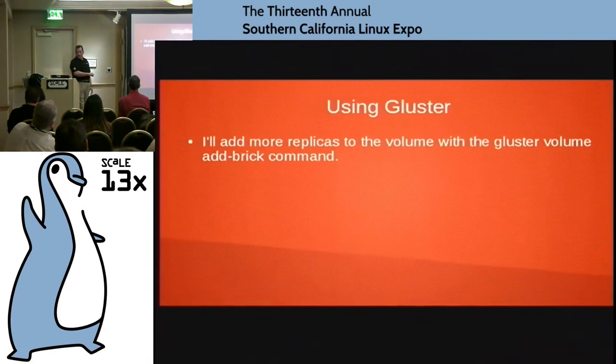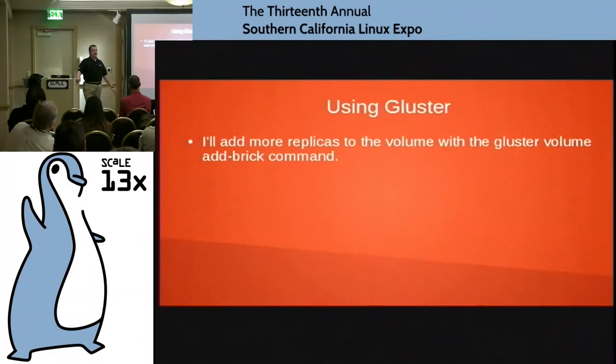All right. So what if I suddenly realize, oh my gosh, I've got to grow. I've got more stuff than I have space for. So you go down to the basement, you find one of these old machines that's not fast enough for your big production workload. You slap a whole stack of disks into it, you rack it and you stack it, and you create your file system and you add it to the Gluster environment.